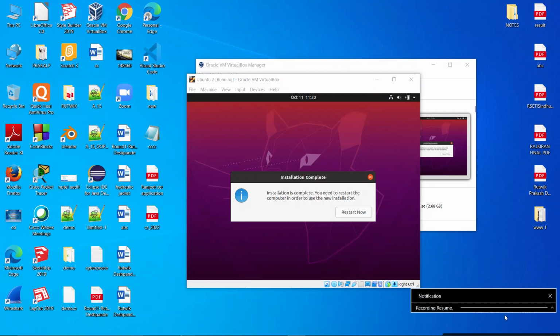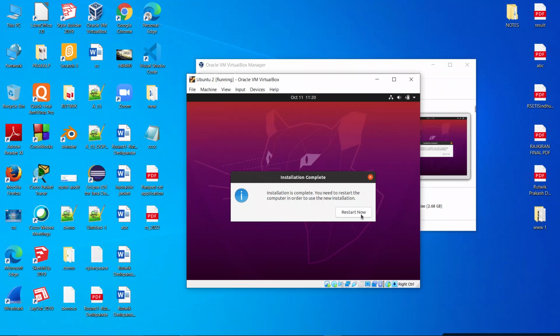And here you can see we have completed all the installation process by copying and installing all the files. Now it is asking to restart to complete the installation, and you have to click on restart now. Once I click on restart now, it will start the procedure for restarting our Ubuntu operating system in VirtualBox.